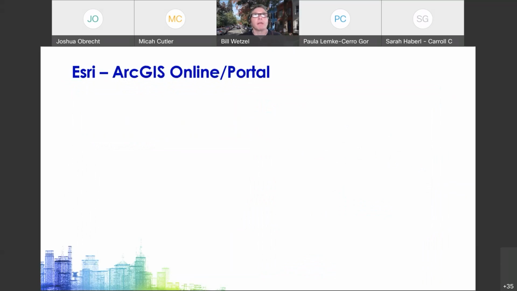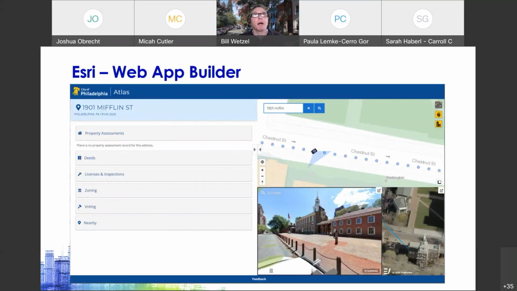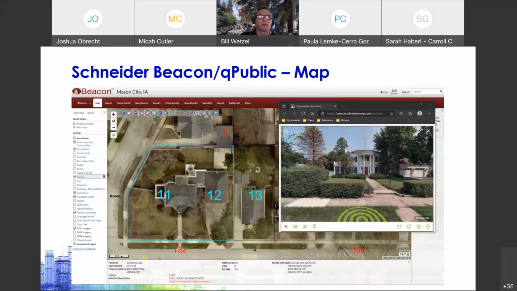It looks like I don't have a graphic for that one. I should have, but this is the city of Philadelphia, and this is built within Esri's ArcGIS Online or Enterprise technology, and they've integrated street level imagery into their application. Sorry about that screw up there. So with the integration with a lot of the Esri platform,